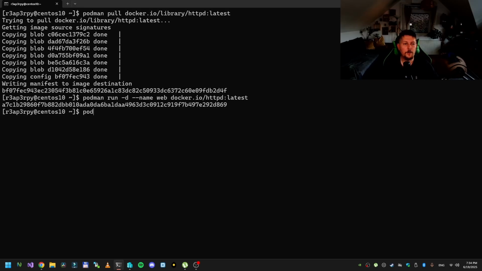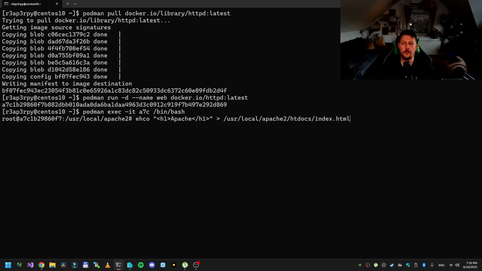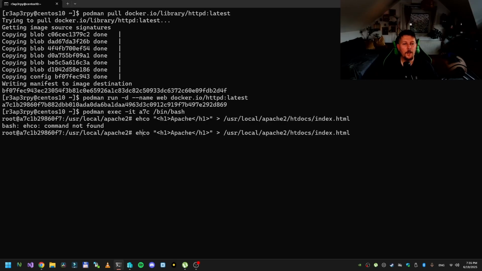And now we can use the podman exec -it a7c, this is the container ID, /bin/bash. And we can use echo "<h1>Apache</h1>" and here the /usr/local/apache2/htdocs/index.html is our file. Good. Now we can exit from our container,